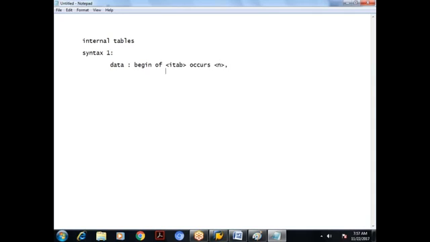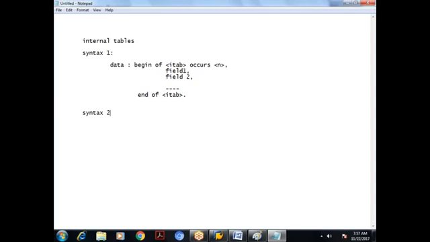Here we declare the fields, field 1, field 2, like this n number of fields, END OF internal table. This is the first syntax we have discussed.